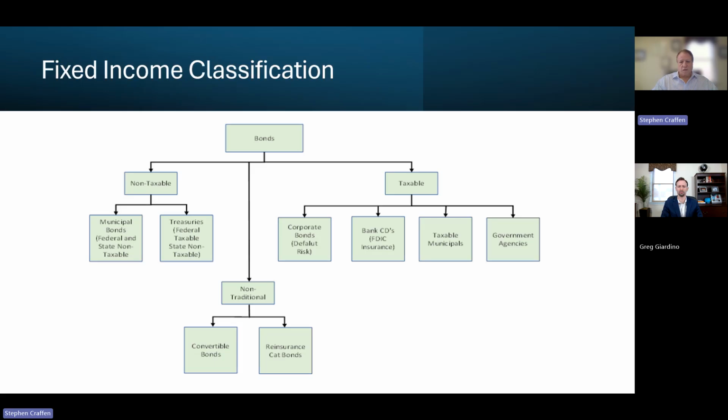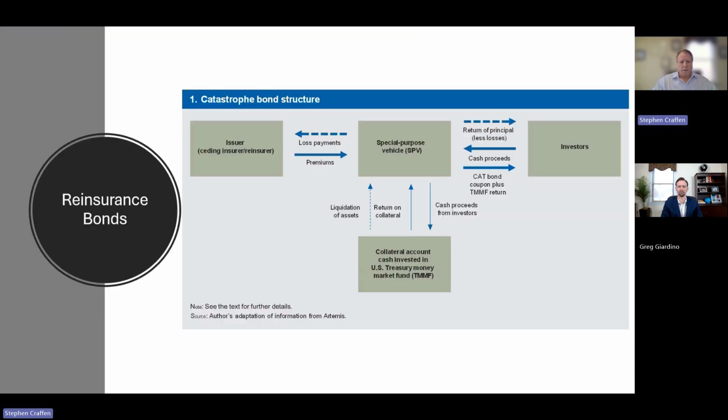Now, that's a really unique asset class. It sounds like, gee, I don't want to be involved in something that's involved in a catastrophe, but reinsurance catastrophe bonds have been used for probably about 30 years, and there's some well-known people that have made fortunes on them. Now, we're not going to suggest you're going to make a fortune on them, but they do provide a significant return. In fact, the return on the mutual fund we use for reinsurance bonds is average about 8% a year for the last 5 years.